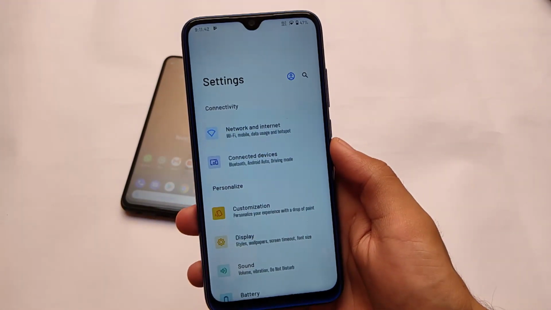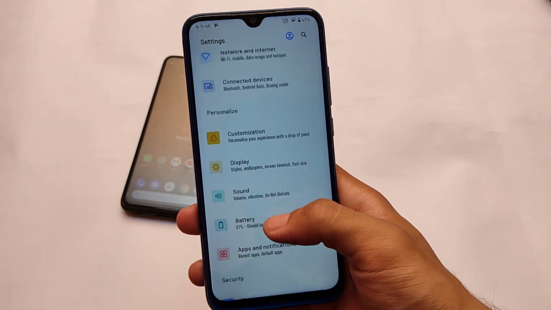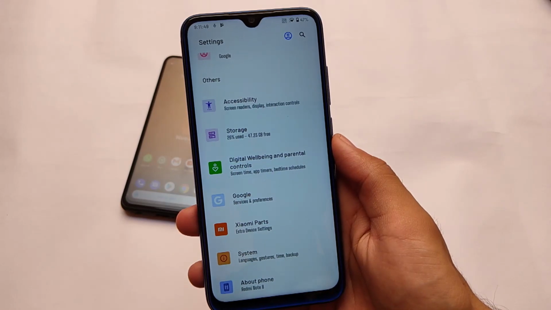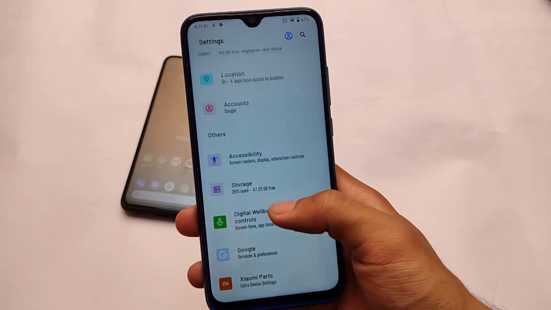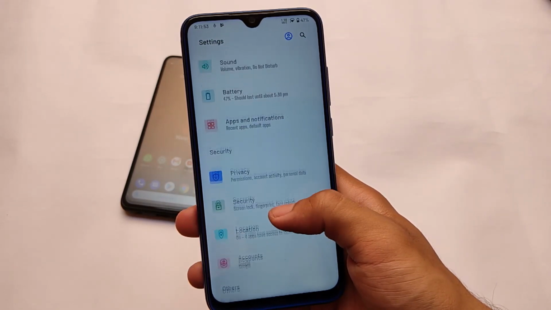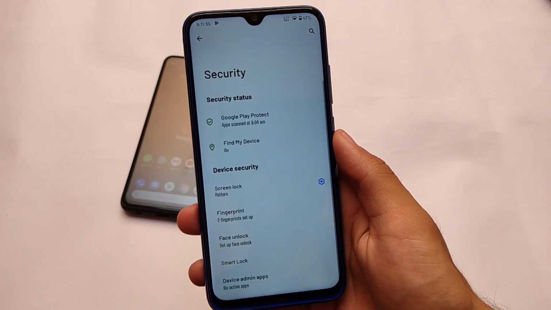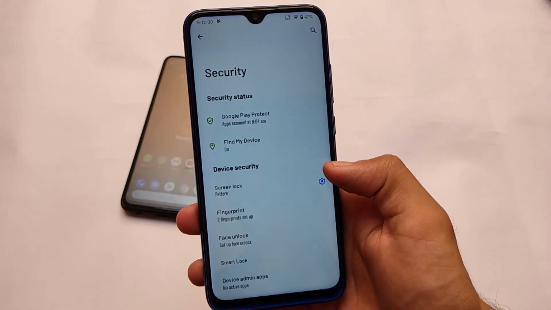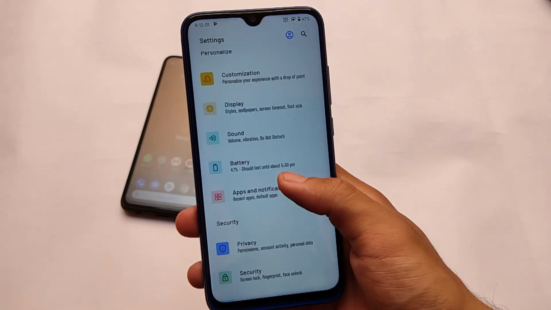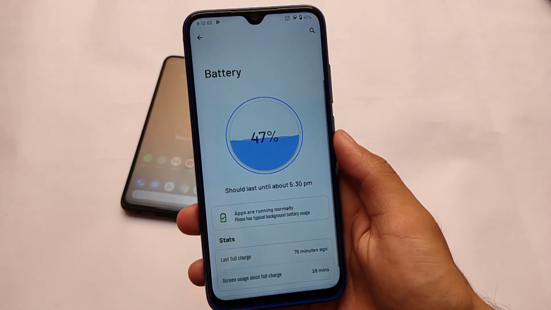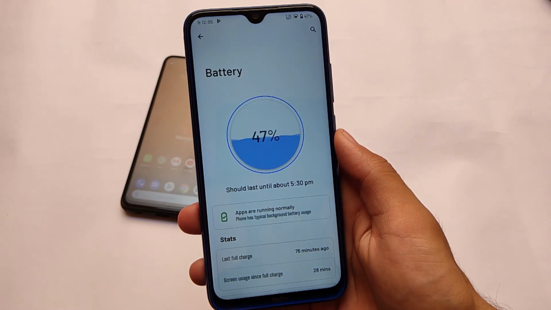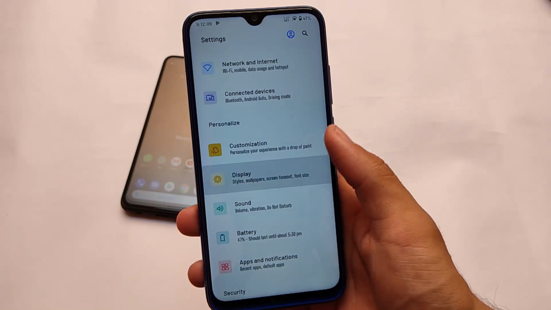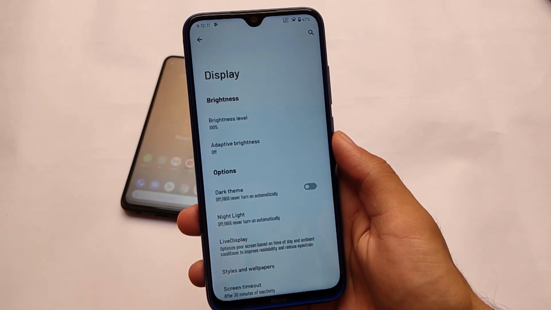Talking about this .os 5.1, as you can see, there are UI changes available everywhere. Some new menus, submenus are available for you. Xiaomi Paths is also included if you're a Redmi Note 8 user. Security etc. includes the same kind of options, including the pattern, fingerprint, face lock, everything is available there. The app locker is not available here but in some different menus, but the app locker is present for you. Battery backup seems to be a decent one. I tried it yesterday and now I reflashed it to check out some things, and yes, it's just working quite good.